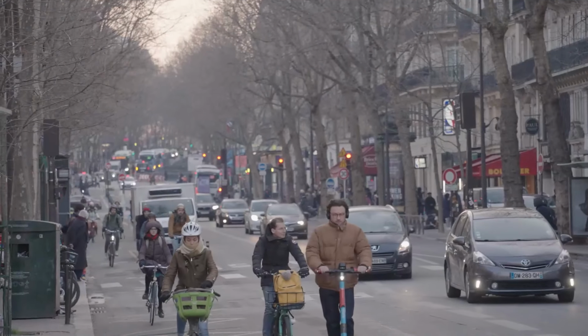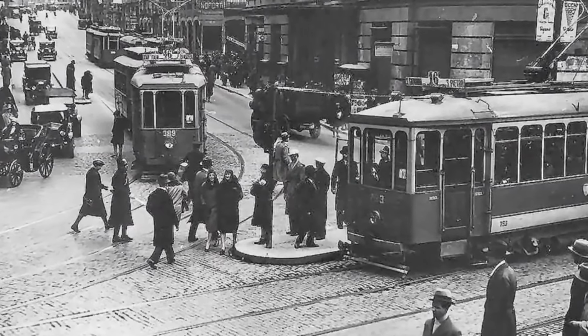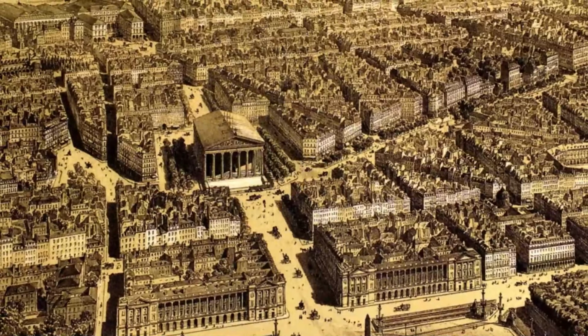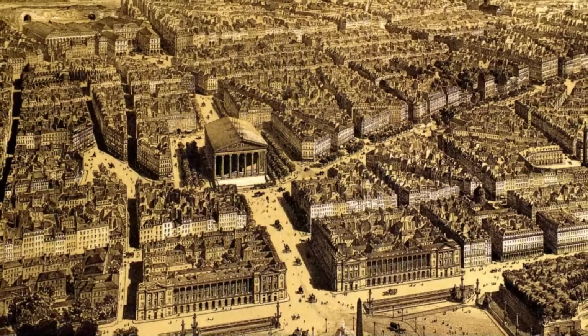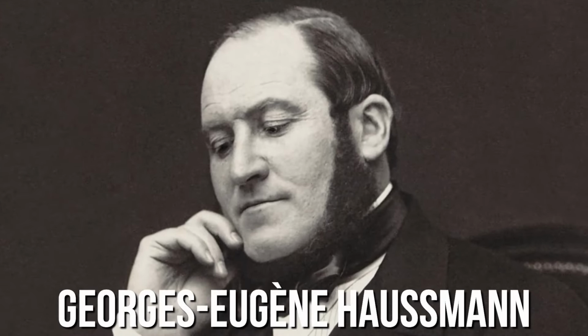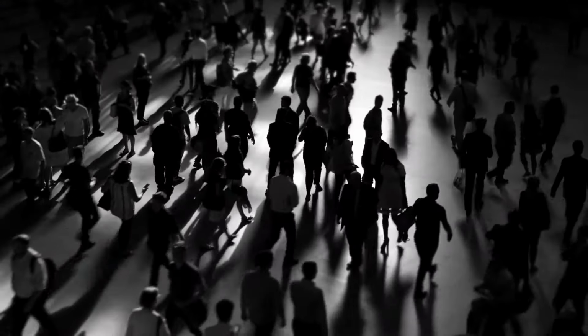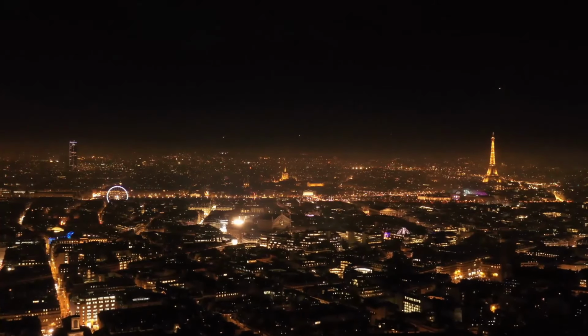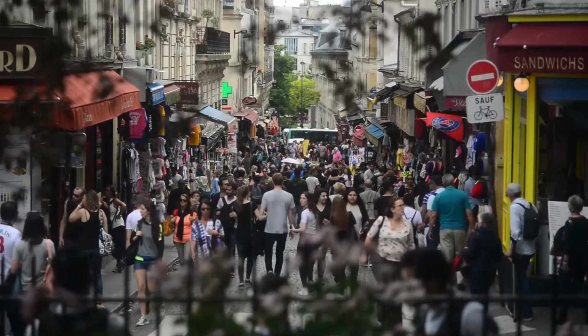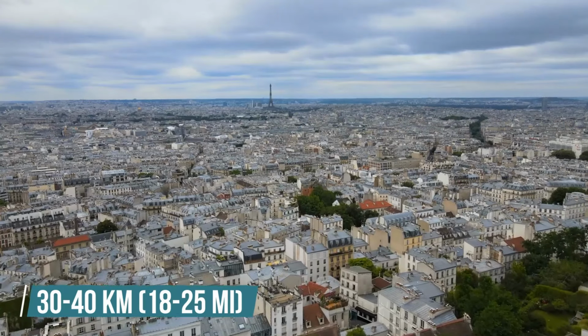cities globally. There are two immediate problems with the Parisian transport system. One of them is that the system was built more than 100 years ago. This means that the dense mess of trains, trams, and buses laid out by Georges Eugène Haussmann in the late 19th century is no longer compatible now. As the population of Île-de-France has tripled over the last century, space on land became limited, causing property prices to rise. This forced more and more people to relocate 30 to 40 kilometers outside the city and live in areas